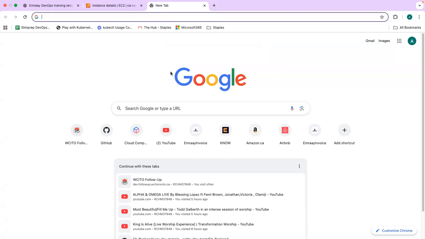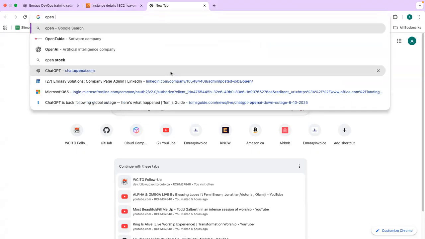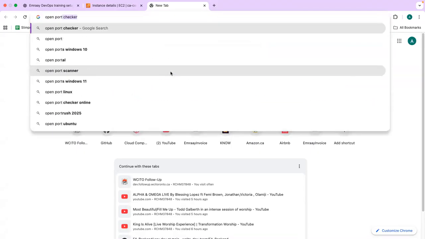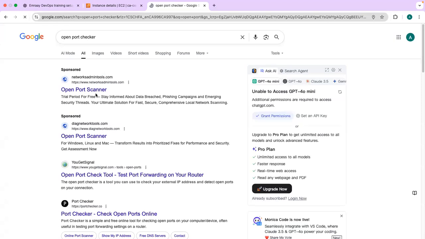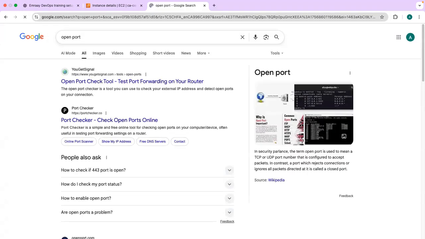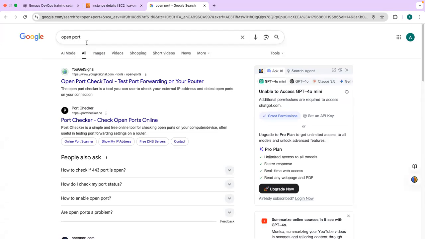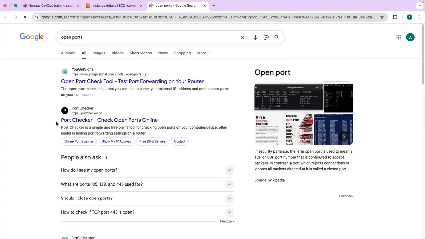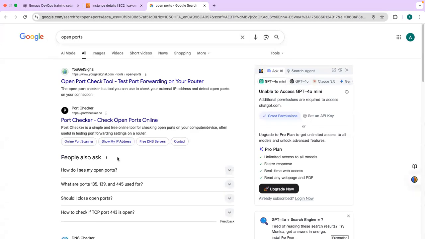Open ports. What on earth is that? Please don't be answering my question again. Kilo the open port. It's very useful and you like it. Open ports. Yes, sir. This one. Please remove the scanner. Please remove the checker. Thank you. And put an S at the end. Just put an S on the end.